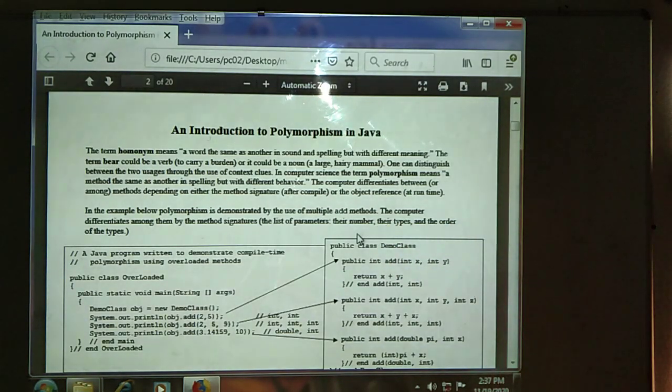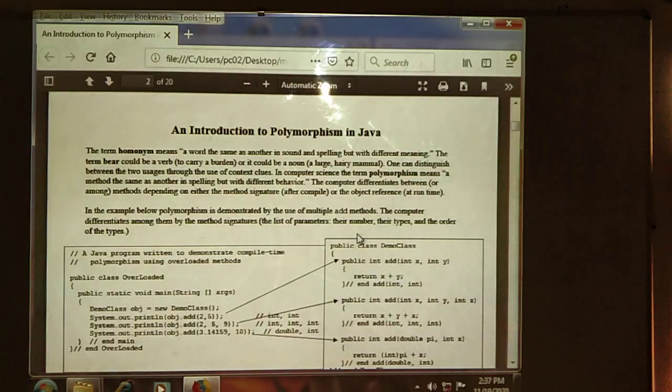Whenever we use the add method, the method definition passes some parameters. The parameter order will be different, and the parameter list and type are also different. We can see one by one. Poly means many, morphism means making many forms. That is the definition of polymorphism.